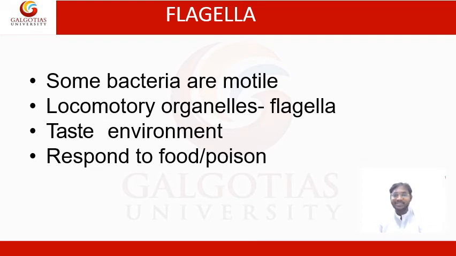An example of a flagellated organism is E. coli. E. coli can cause food poisoning as well as urinary tract infection. For food poisoning, how can we go for diagnosis? If a person has food poisoning, we can go for stool examination, and by stool examination we perform the hanging drop technique. For urinary tract infection, we can go for urine microscopic examination. By gram staining or the hanging drop technique, we can identify this flagellated organism.